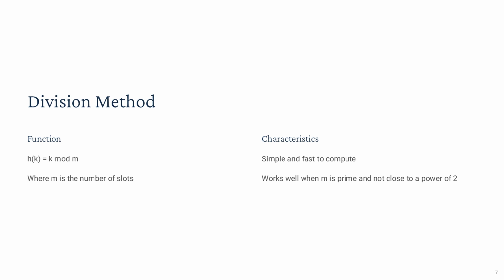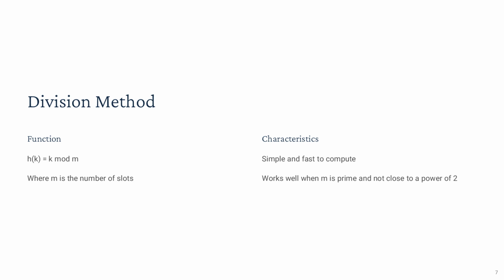For best results, m should be a prime number that is not close to a power of 2, as this reduces the likelihood of clustering. For example, if m is a power of 2, the modulus operation may only use the lower order bits of the key, leading to uneven distribution. Choosing an appropriate m ensures that the hash values are spread uniformly across the table, minimizing collisions. The simplicity and reliability of the division method make it a popular choice for general-purpose hash functions in systems requiring